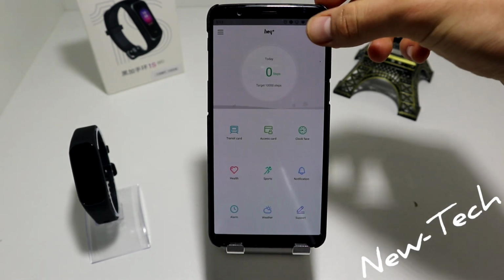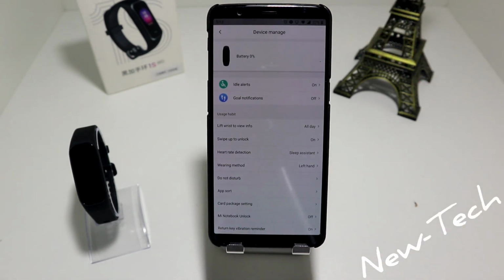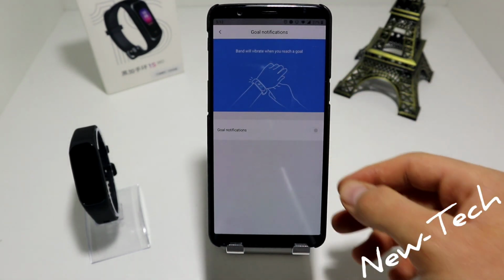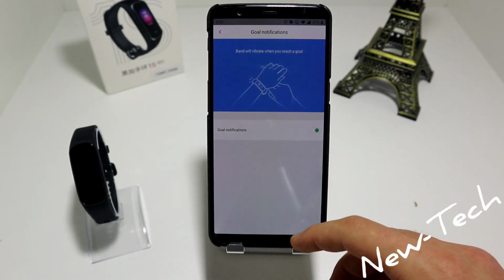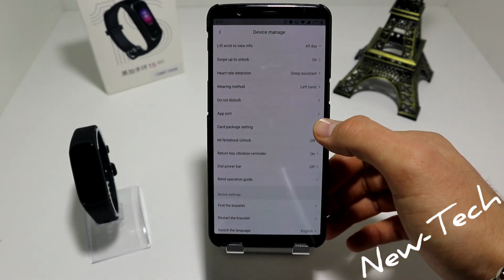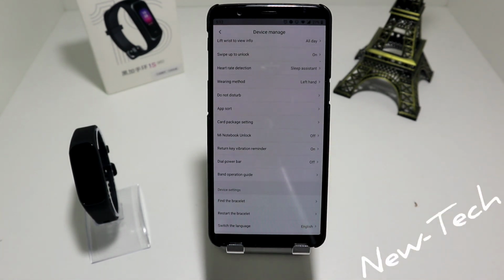As I told you, here we have the device, we have the percentage of battery, and at the top we have idle alerts, goal notifications. Let's turn the goal notification on so it will notify us when we reach the step goal. We have here lift wrist to view info, swipe to unlock,